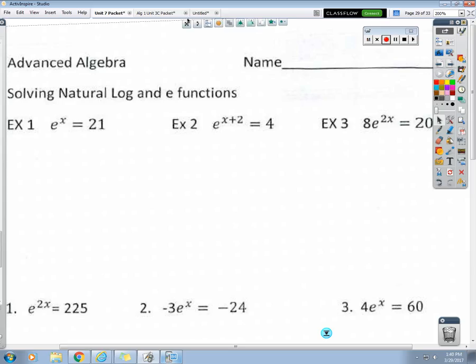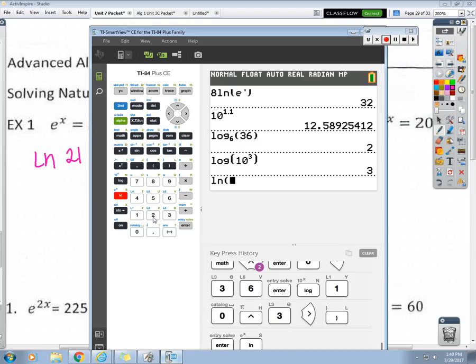Alright, example 1. e to the x equals 21. The reason that it's necessary for us to rearrange into the other form is to help us get x by itself. Right now, x is not by itself, but the only way to get it by itself is to rewrite this in log form. What's the base? e. So when you rewrite it in log form, won't it be ln of 21 equals x? Don't we now have x by itself? So the only step you're going to have to do now is evaluate ln of 21 by typing it in. ln 21 equals